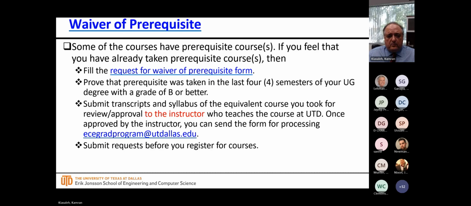Now, if you recognize that you have a prerequisite, but you basically say, I had this prerequisite in another course back in my country, or back in where I was actually taking my undergraduate classes, there is a form for you to fill out. And then it has to be done within the last 4 semesters before you get your Bachelor of Science. You have to submit transcript, syllabus of the equivalent course to the instructor, not to me, but